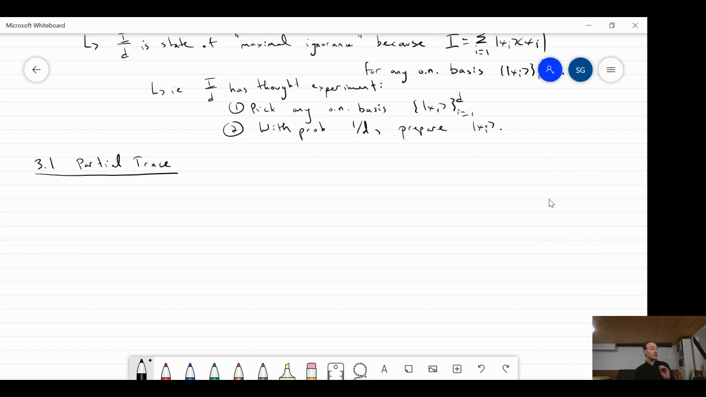Remember, the goal so far was we wanted to talk about what does half of an entangled state look like? How can you describe that system? And so now we have the density operator formalism at our disposal. Now the only question is that,